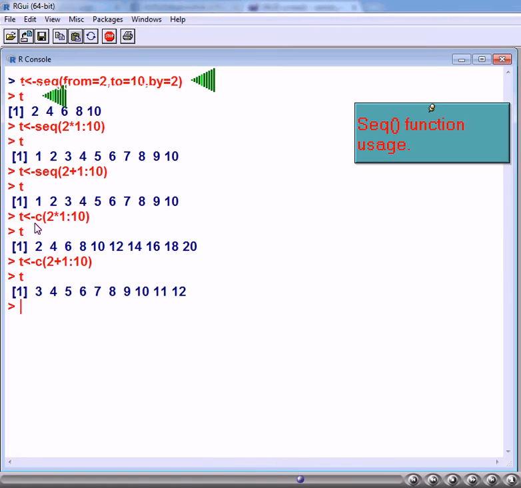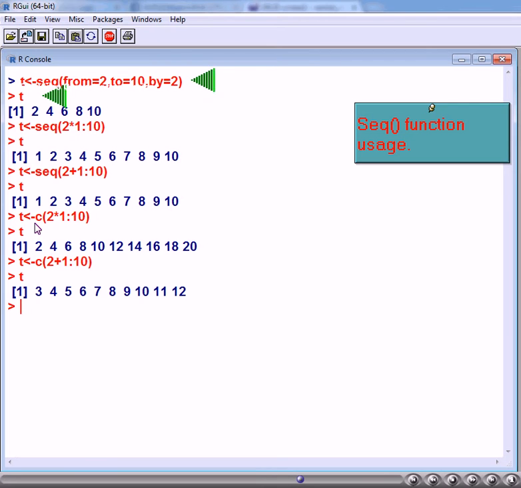We can also use the sequence function as shown in the slide. Here we can specify from which number you want the sequence to be generated with the from word, and also to which number the sequence should go with the to word, and also we can specify the step value with by, as shown in the figure.